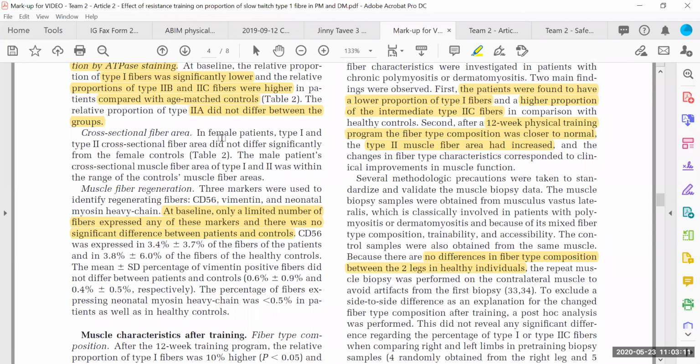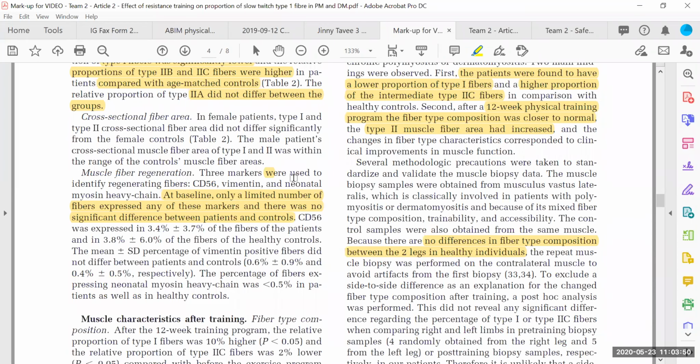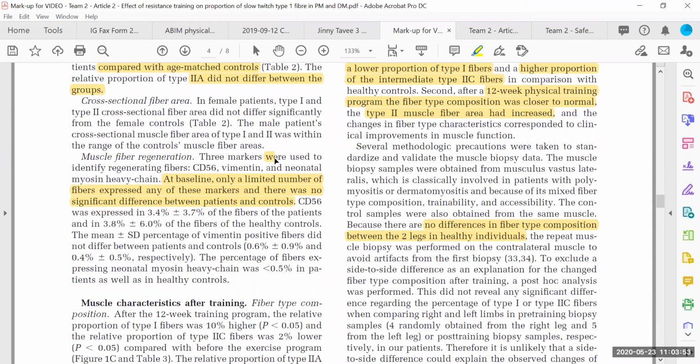But when we looked at the cross-sectional fiber area, we see that type 1 and type 2 area did not differ so much. And the male participants, patients, because remember there was a limited number of men, it happened to be within the normal values. So I guess this is possibly speaking to the fact that the area itself did not make too much of a difference. This is where I'm not really able to piece it together too much, and probably need Mariam and